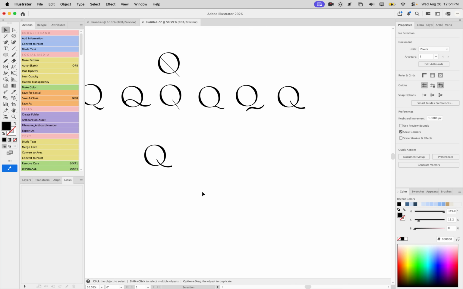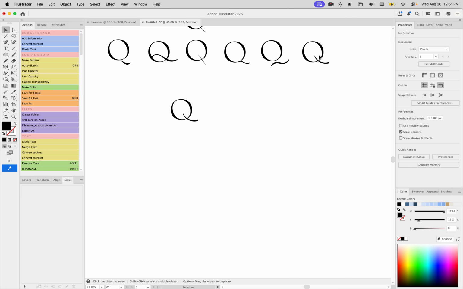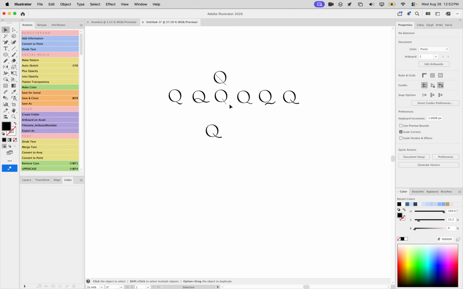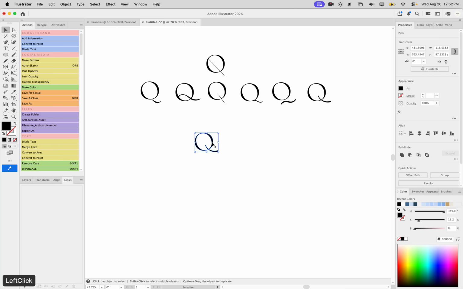So that can be a fun way to play with the Q as well, is to create a gap wherever that line is touching the O if it's going through it. I'm trying to think if there is anything else with that. I guess one more thing that I want to point out is if you have